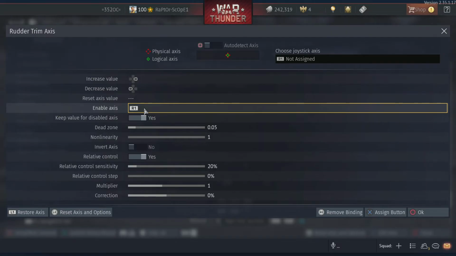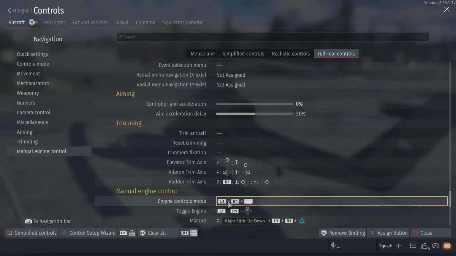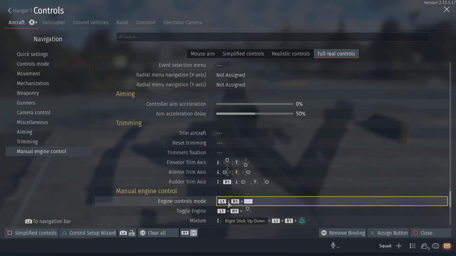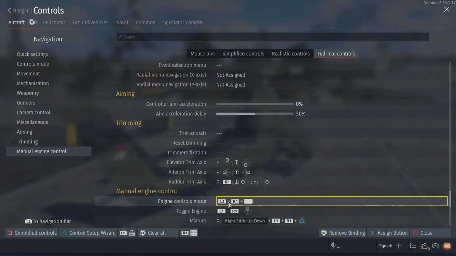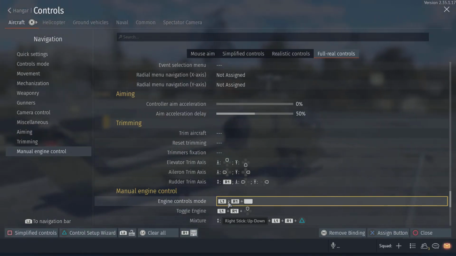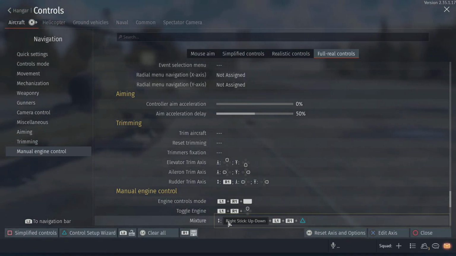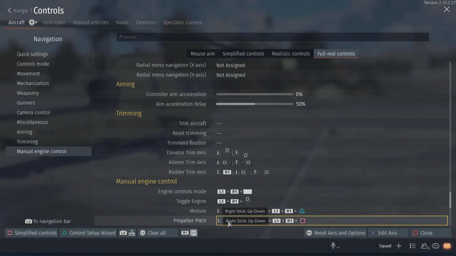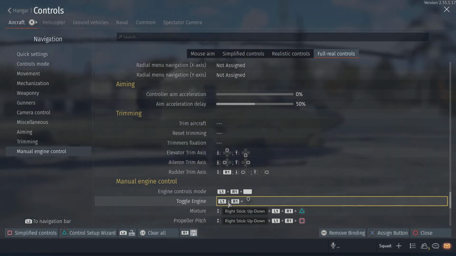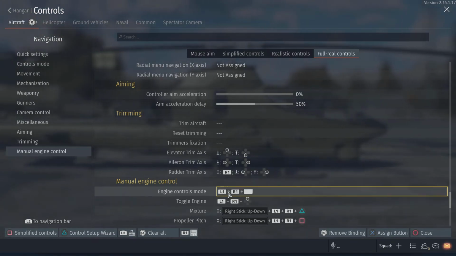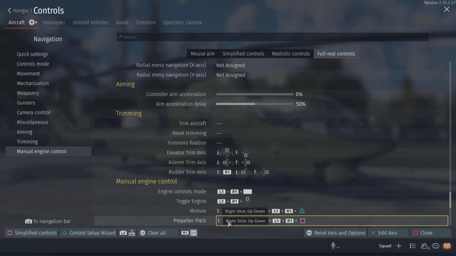Continuing on, the engine controls, which is going to be a little bit more of a challenge for Xbox controllers right now. For PlayStation, I have R1, L1, and then I press the touchpad. That toggles your engine controls to be able to adjust your mixture, your prop pitch as such. R1, L1 up is going to turn my engine on. And I will also say this is a